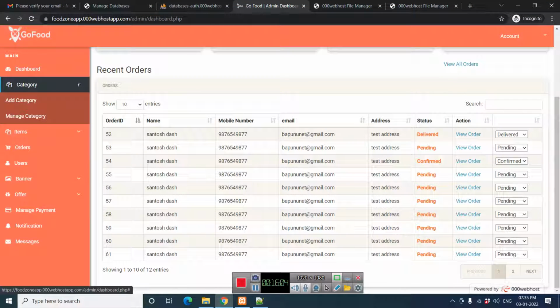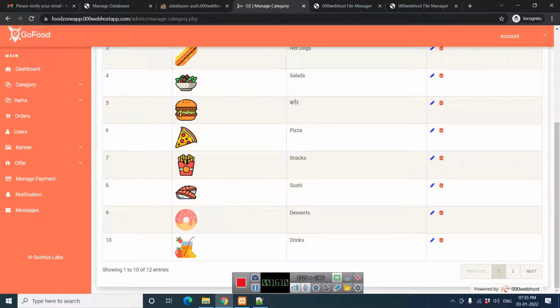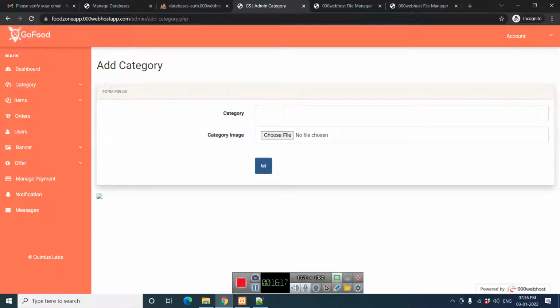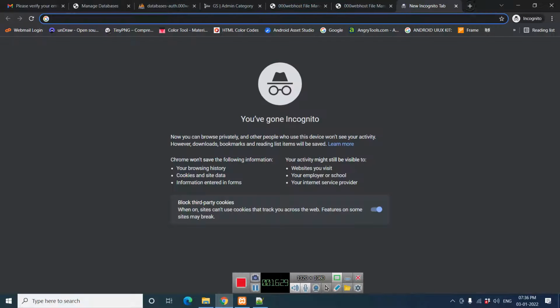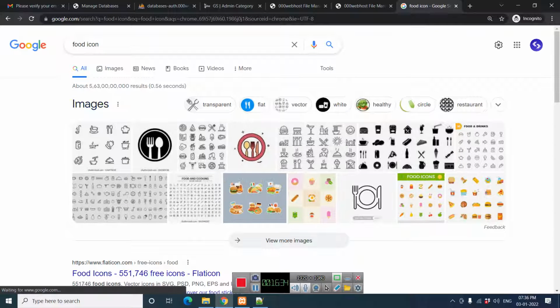Let's go to the category and check manage category also. All images and all text are there. If you want to add anything, we can add: go to category and add a category. Test category. I'm going to download one image, a food icon, from there.